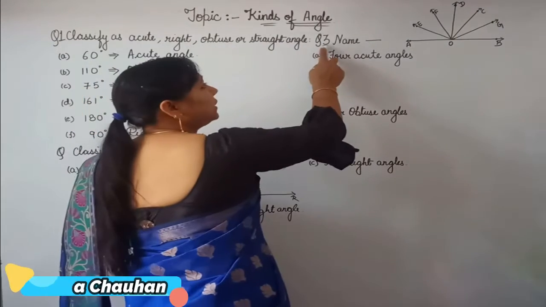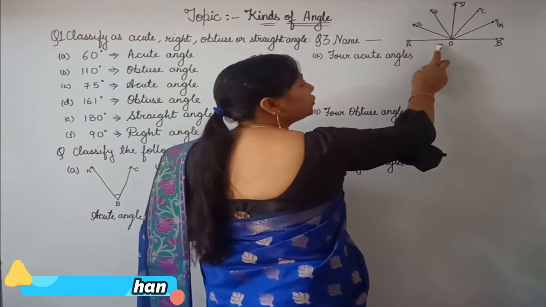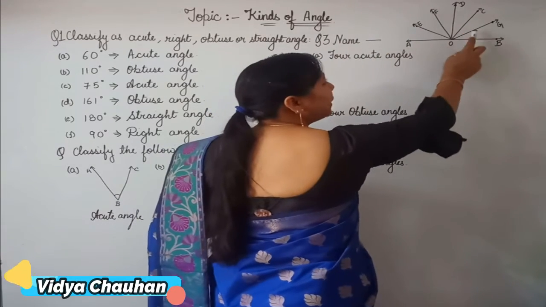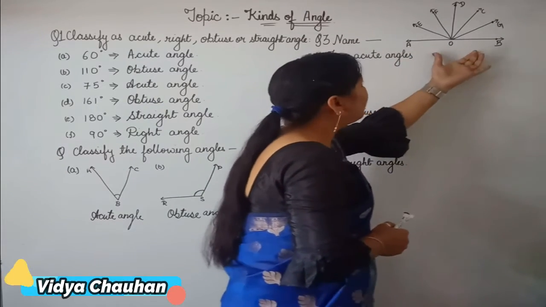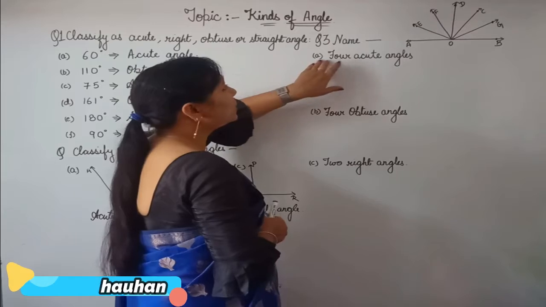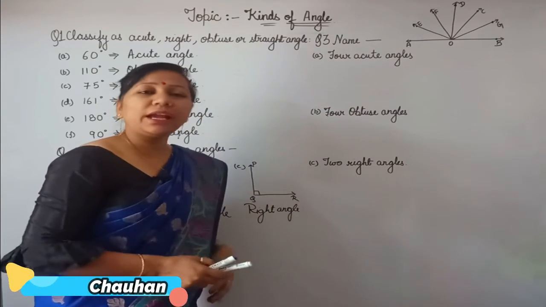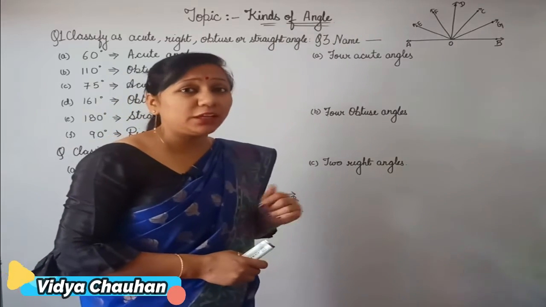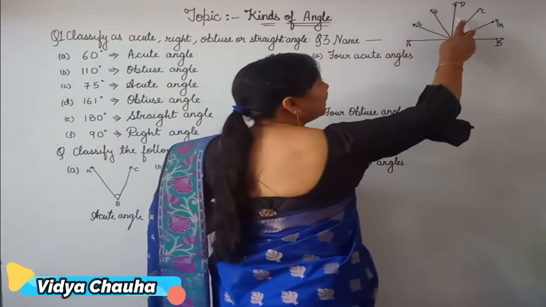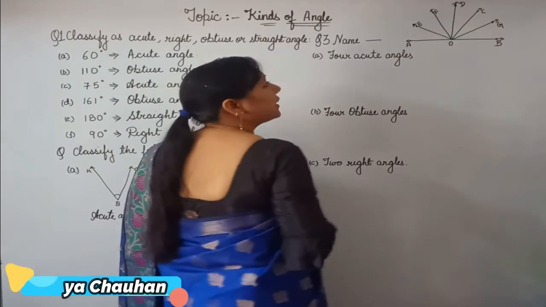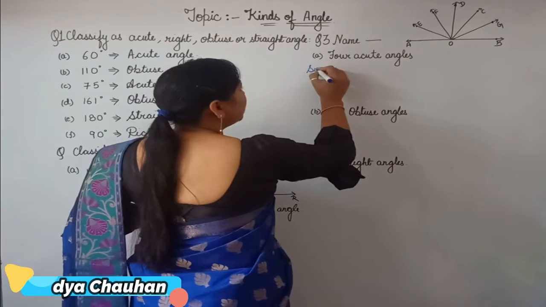Okay, students? In the third question, a figure is given to you in which there are few angles drawn on a straight angle AOB, and what you have to do, you have to name very first 4 acute angles. So you have to write any 4 acute angles. What are acute angles? Acute angles less than 90 degree. So here as you can see, there are many acute angles, that means many small size angles, but you have to name any 4. So you can name them as per yourself.